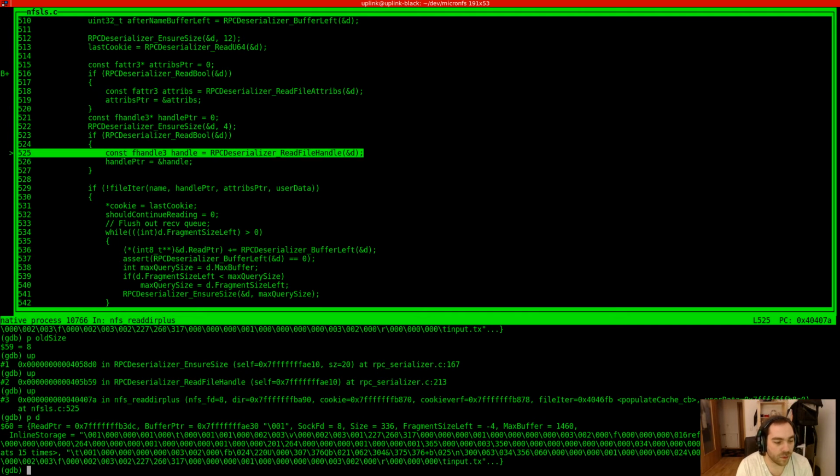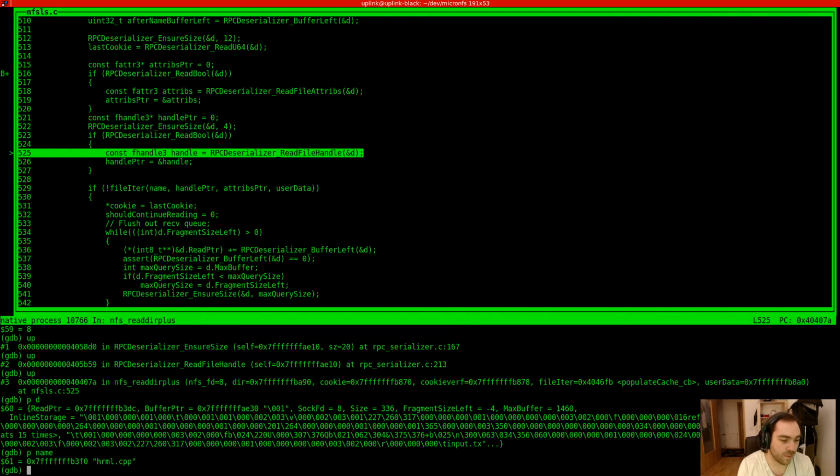And that happened during a read of this file handle. Let's see, maybe we can see the name, right? It happens when we read this HTML txt. The question is now,